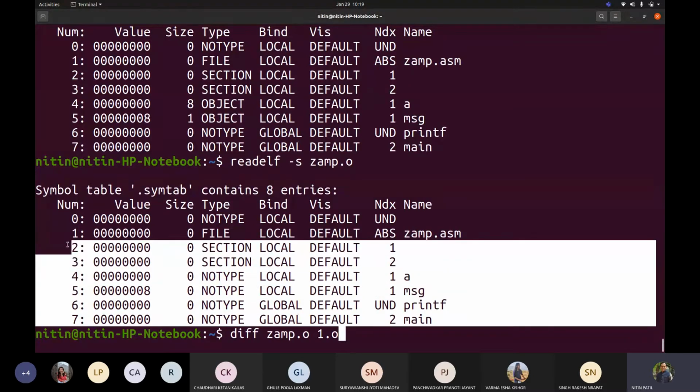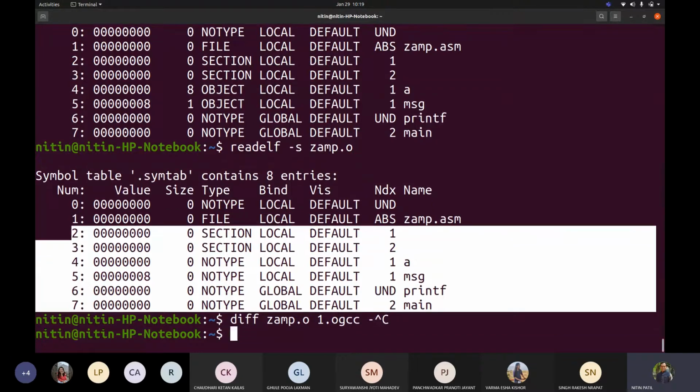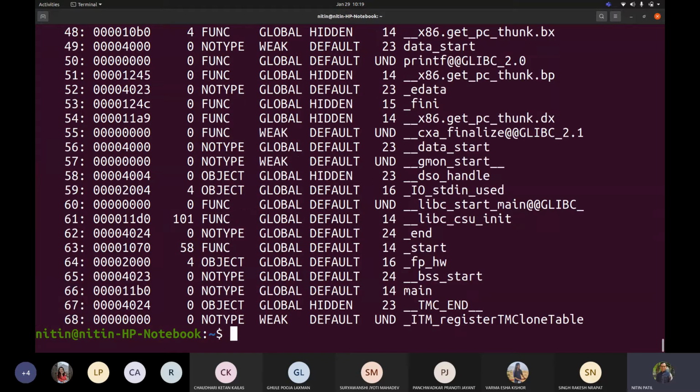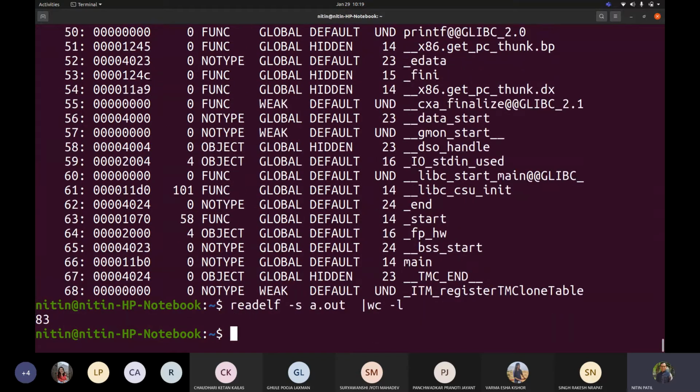Fine. So suppose I will take this XAMPP.o and I will generate the executable, with dash m32. Fine. And if I write now readelf dash s a.out, now if I try counting this, 83 entries, correct?